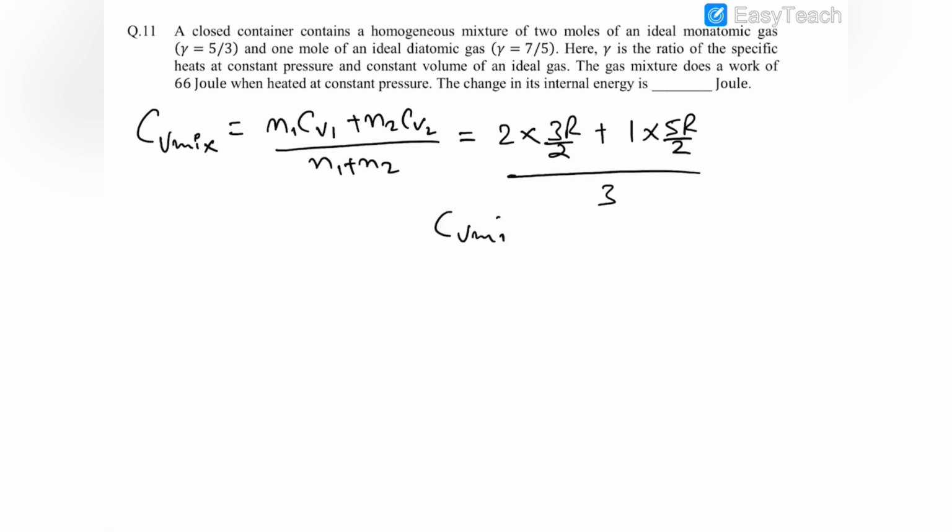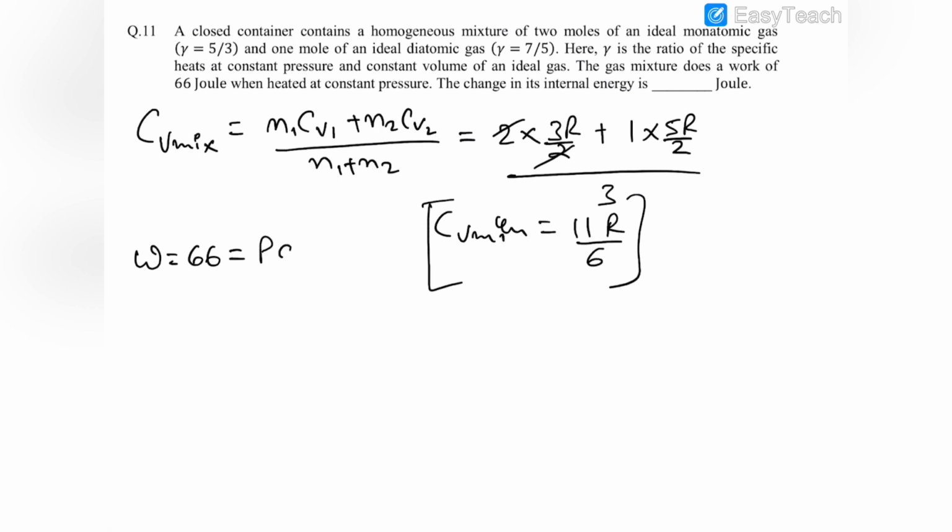So CV mixture would be (3 plus 5R) by 2, so this is 11R by 6. This is CV mixture. Now the work done by the gas is 66 joules, and it is equal to N PdV. At constant pressure, work done is PdV, and it is NR dT. So NR dT is equal to 66, and we have to find out the change in internal energy, delta U, which is